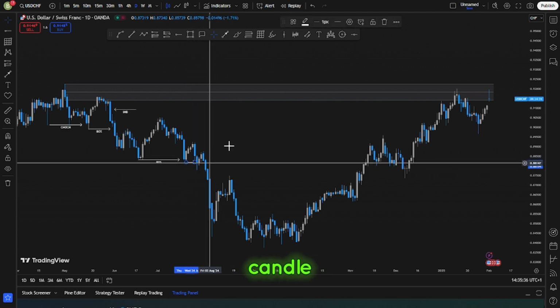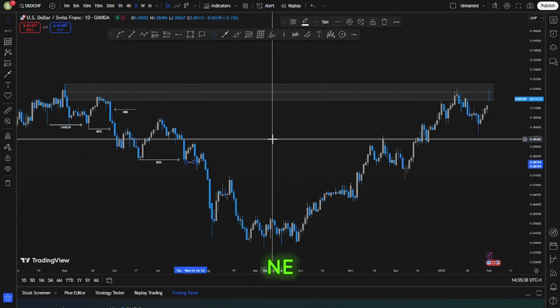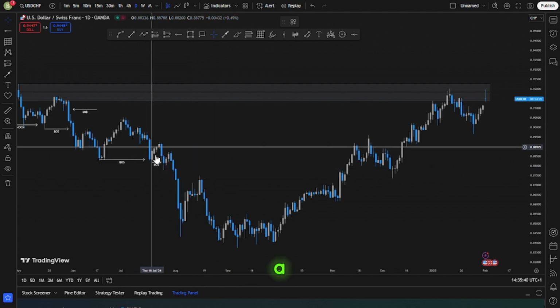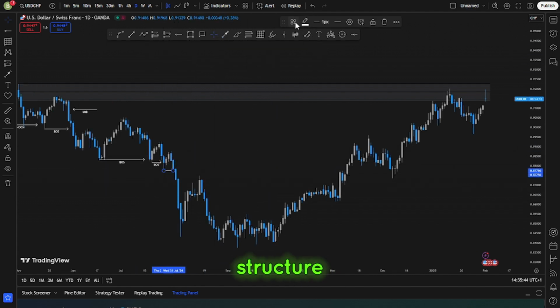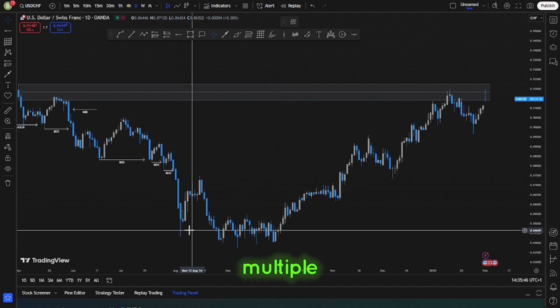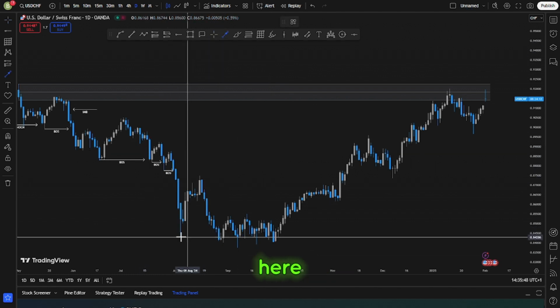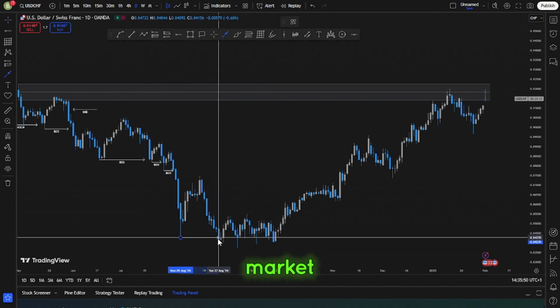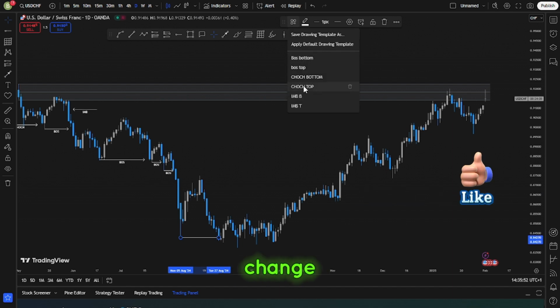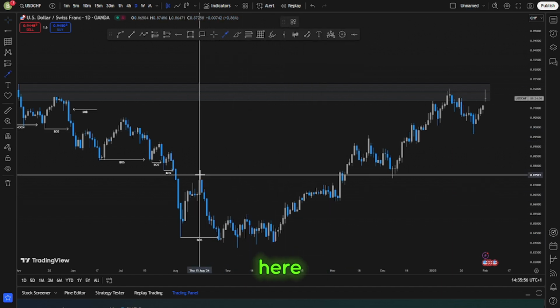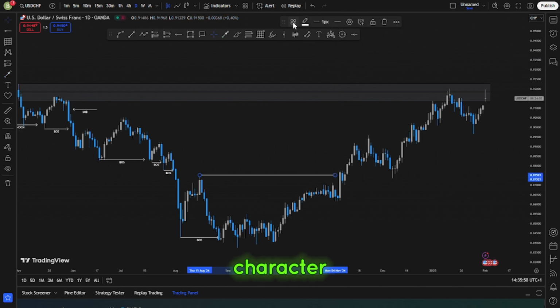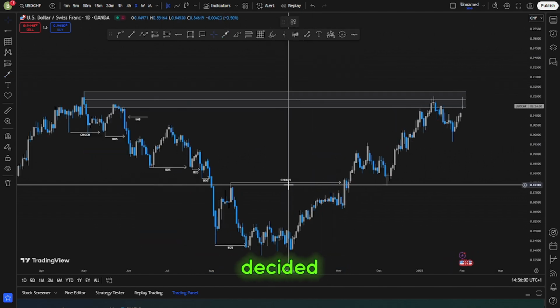It's because each candle here represents a day, guys. So around here we have another break of structure just like this, then multiple breaks of structure, and then around here this is where the market decided to break structure and change character at the same time. So break of structure here, then your change of character, then that is when the market decided to push to